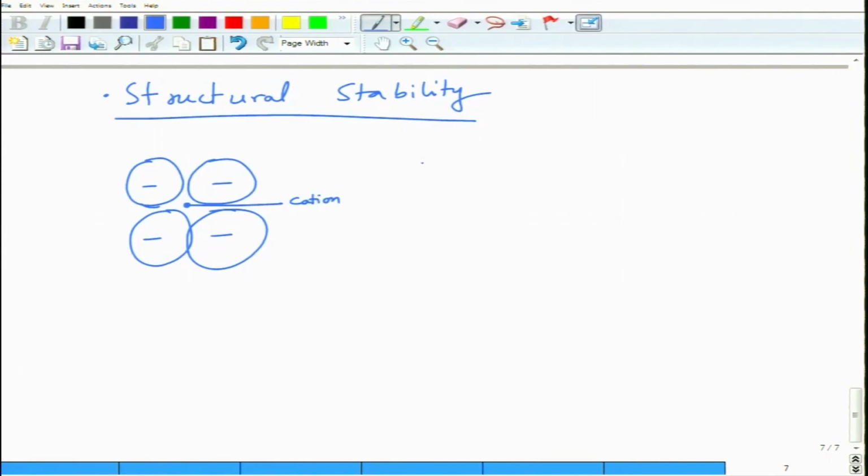Another configuration is where you have an anion, and a cation which is nearly touching the anions like this. In this case, the cation is very small as compared to the anions, and it is not touching the anions. And then you have another structure in which you have this as a cation, one of your anions is like this, one of your anions is like this,